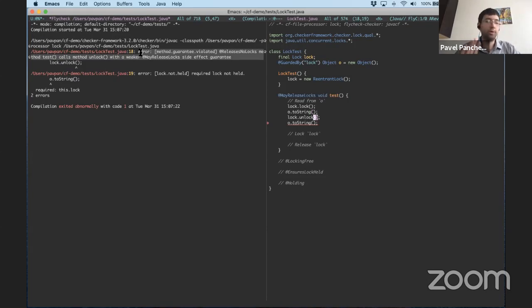But this also means that when we call test, the checker framework will now assume that locks might be unlocked. So if we have some other method where we call test, then it will basically clear the state of all the locks in play. And I think there's a way to also say which locks I might release. I suppose I could look that up in the manual, but I don't want to spend the time right now.